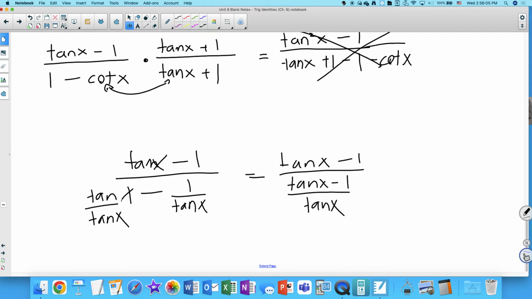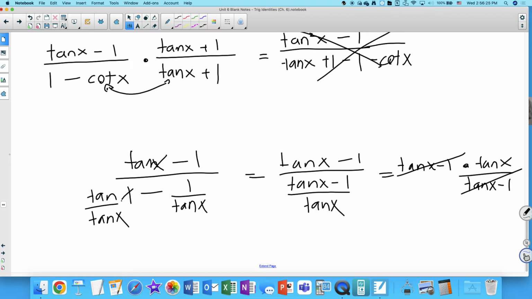Now this is something divided by a fraction, so we take that something, multiply it by the reciprocal of that. That's pretty sweet. That's pretty nice. That is what they would call an elegant proof,